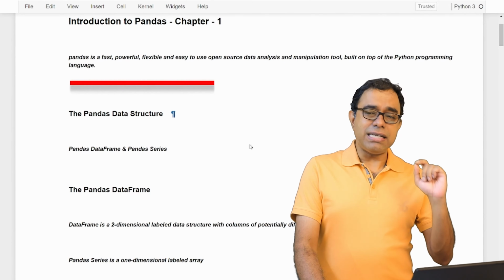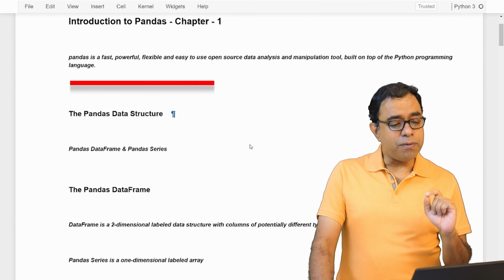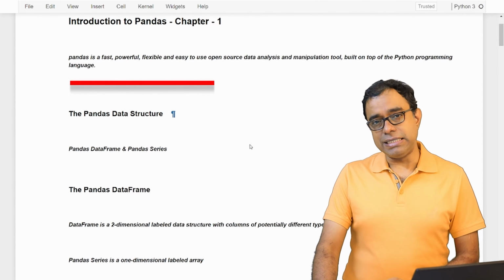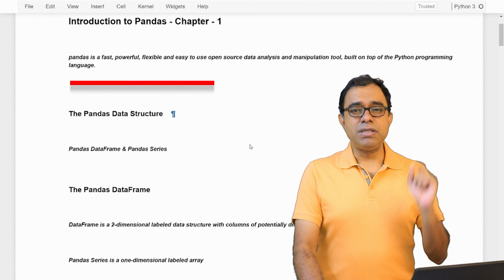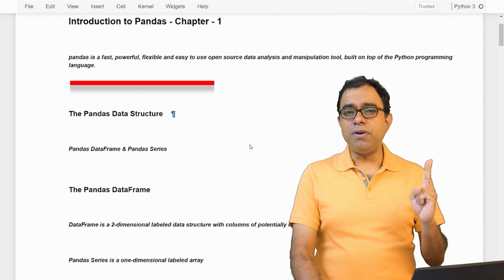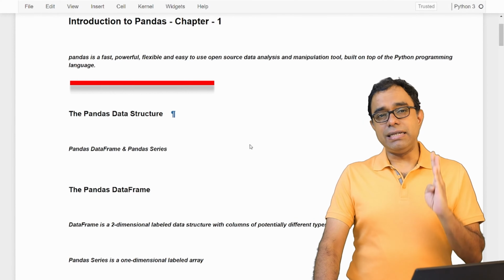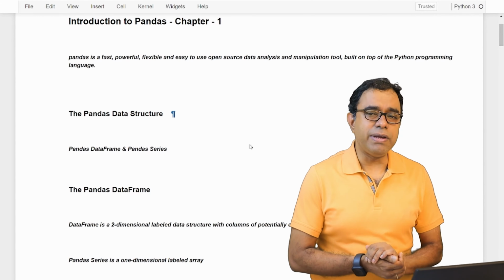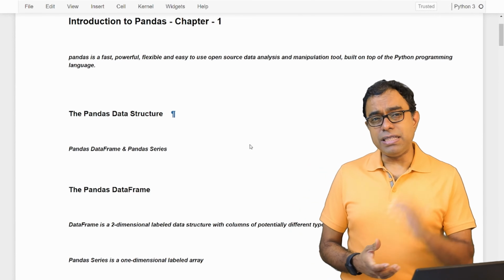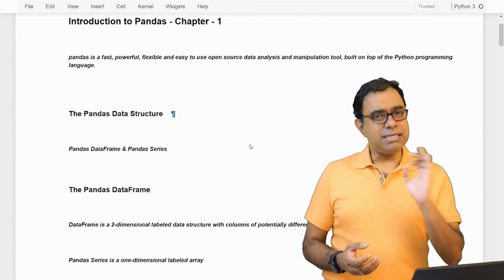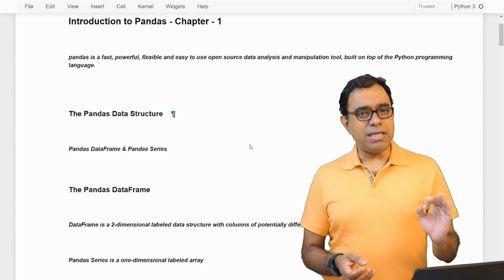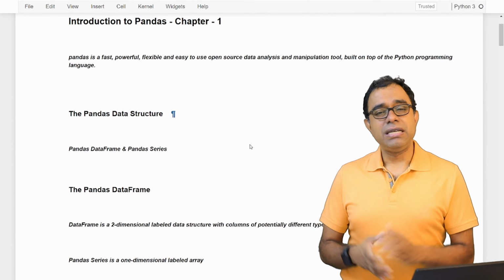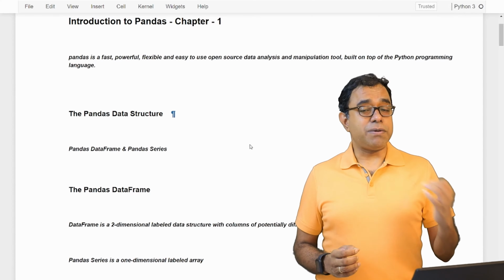So Pandas is fast, powerful, flexible and easy. Let's repeat these terms. Fast, powerful, flexible and easy. What else do we want? If we have these four things in something and that particular thing serves our purpose, there is no question we should ask before using that.